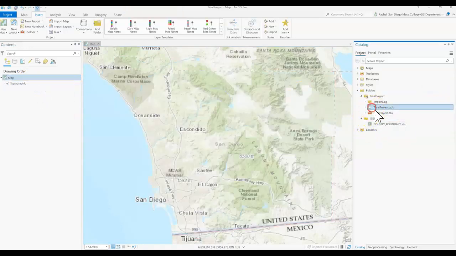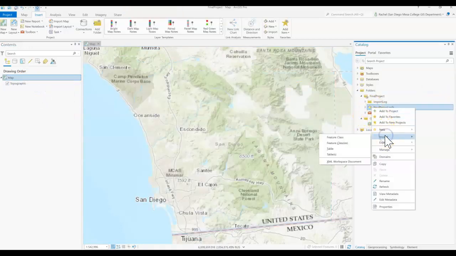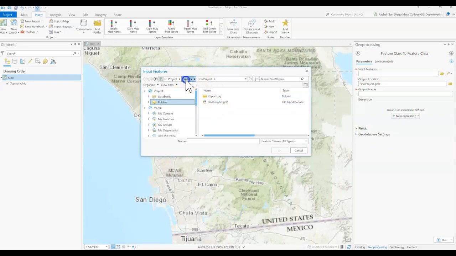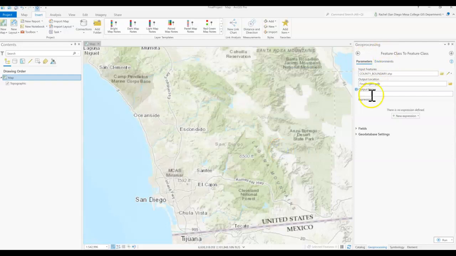You can also import it into your geodatabase and it will convert to a feature class. So I just clicked on the folder. We're in the geoprocessing tool Feature Class to Feature Class. I clicked on the folder to bring up the different folders. I then navigated to the folder where my data are being stored. So I've got my shapefile here. I can click OK. If you wanted to rename it,